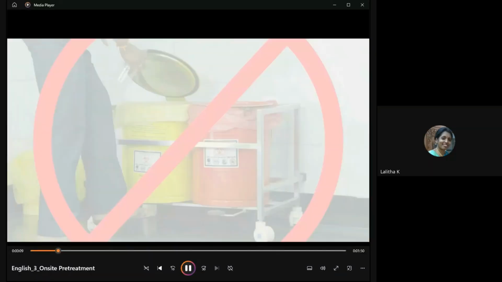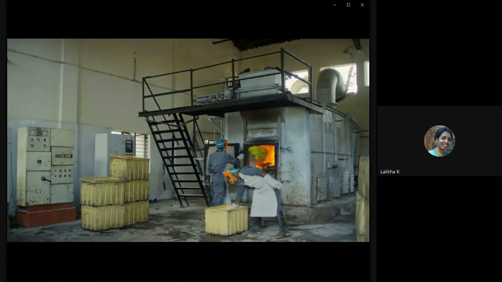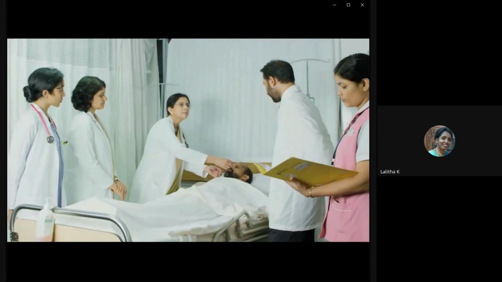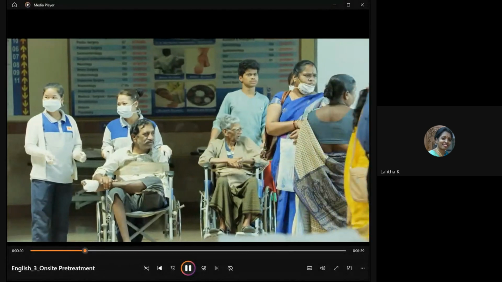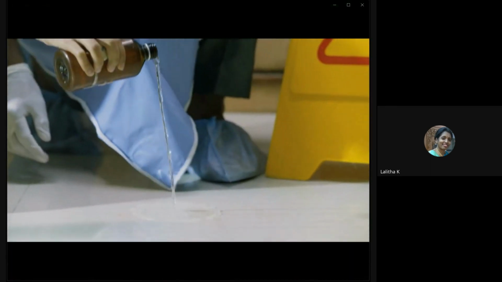On-site pre-treatment. Mismanagement of biomedical waste can transmit infections. Transmission of infections through procedures in the hospital can be prevented by sterilization of instruments used and disinfection of the